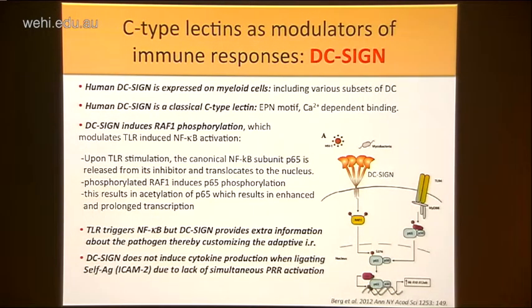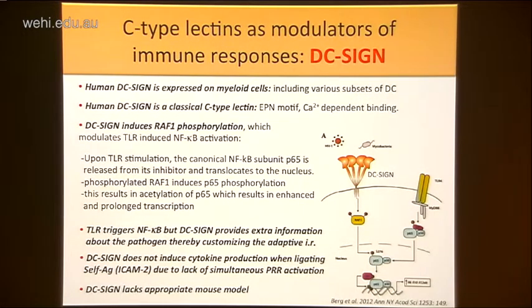It's possibly also an explanation why when DC-SIGN binds its own self-ligand, such as ICAM2, it doesn't induce cytokine production, because there is no TLR signaling to activate the NF-kappa B pathway. The problem I have with this data, and this is me being the devil's advocate and alerting you to be a bit critical when reading about any molecule really, is that we don't have an adequate model for DC-SIGN